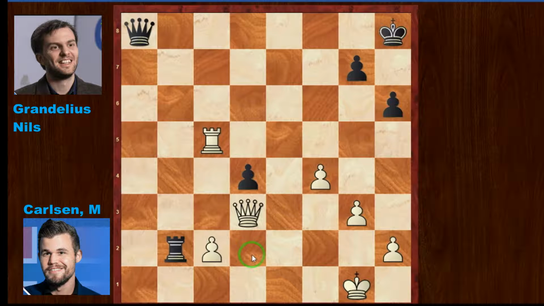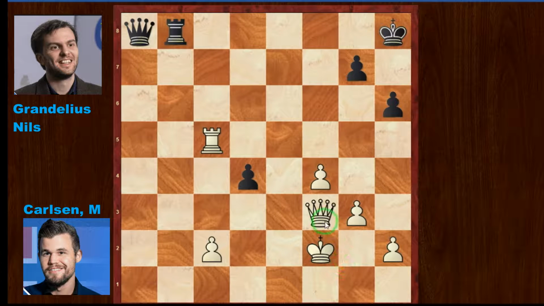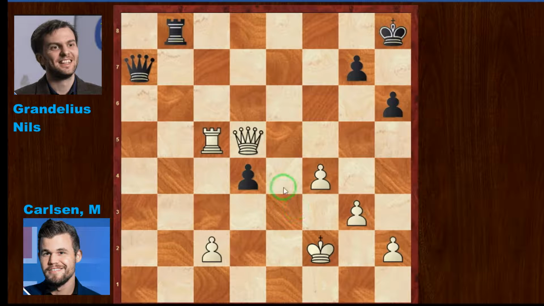So Grandelius tries to attack the king here, rook and queen, but Magnus makes his king safe on f2. Now rook back to b8, and queen trade on queen f3, but Grandelius tries to attack on queen b7, queen a7, and now Magnus saved his rook by playing queen d5, queen